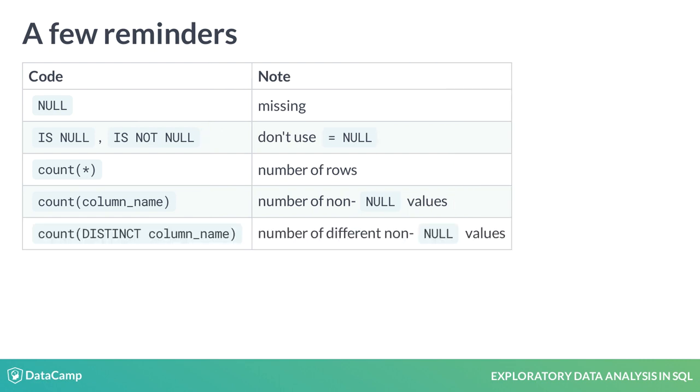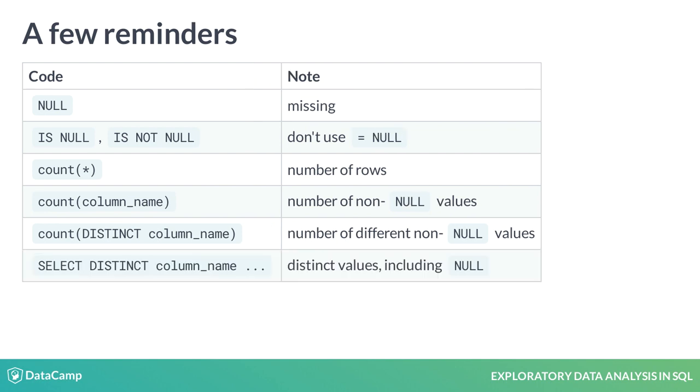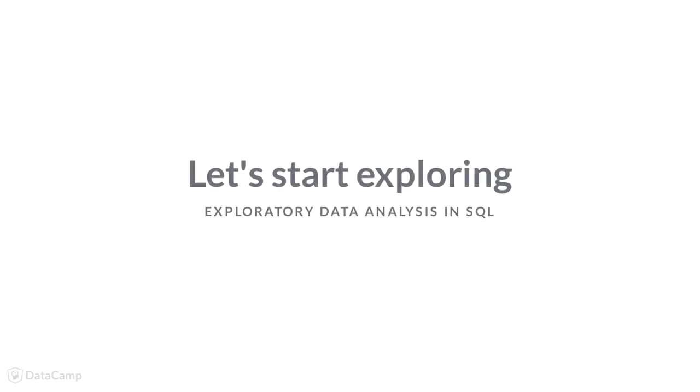If you count the distinct values of a column, you'll get the number of different non-null values in the column. But if you select those distinct values directly, null will be included as a value if it exists in the column, even though it isn't counted by the count function. With those tips in mind, it's time to start exploring the course database through